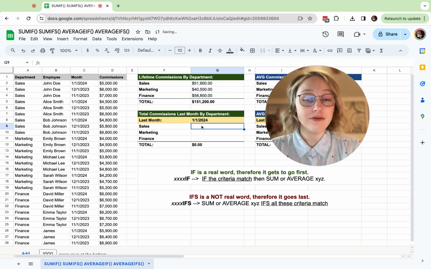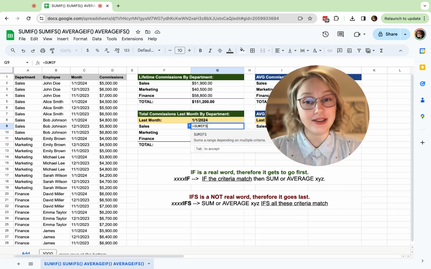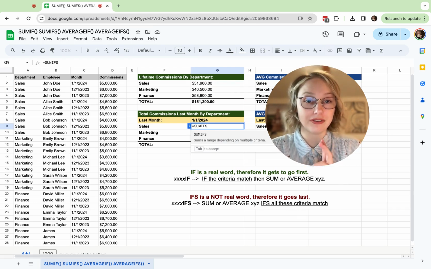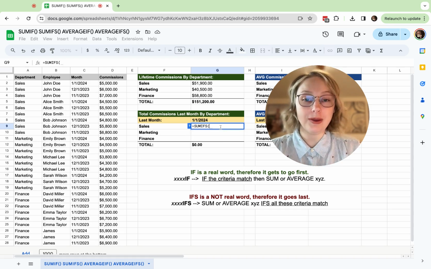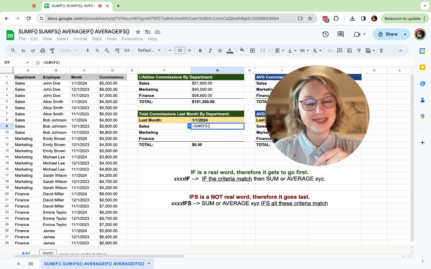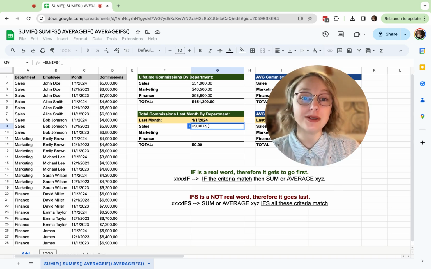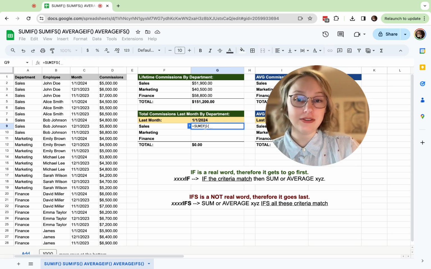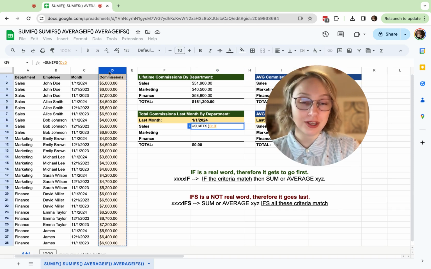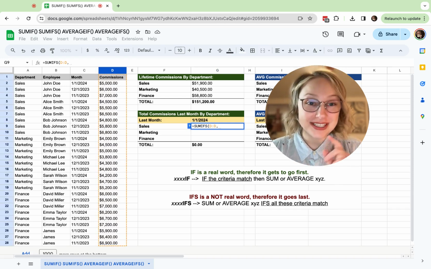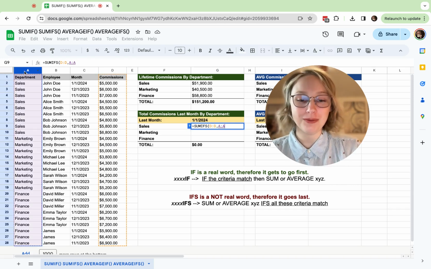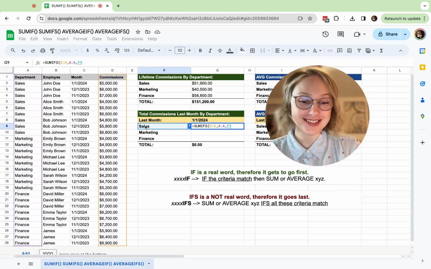Now, if I have multiple criteria, things get a little different. Instead of doing equals SUMIF, I'm going to add an S to the end saying I have multiple things I want to reference here, which in this case, I want total commissions for the last month only by department. So I'm going to open my parentheses, and this is where, again, the anecdote comes into play. IFS is not a real word, so it does not get to go until last, which means we're going to do our sum first. So SUMIFS, I want to sum commissions,